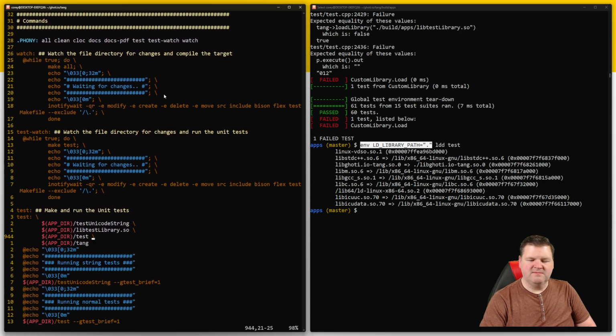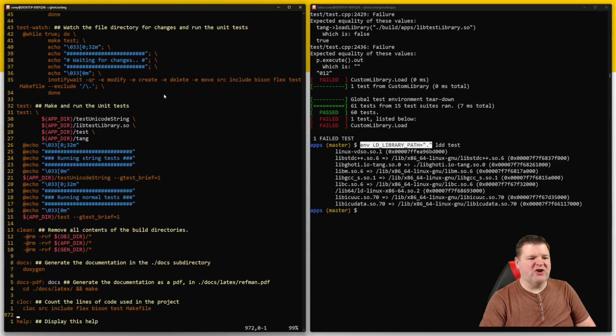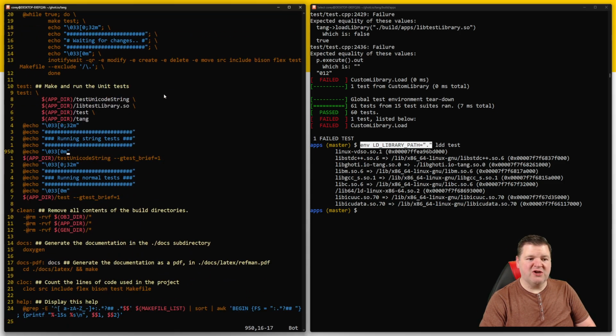Oh, right here. It's the test target. So it will compile everything, and then it runs a Unicode string test, which doesn't need any special library, so we're good there. And then the test program itself. And all that we need to do is to say